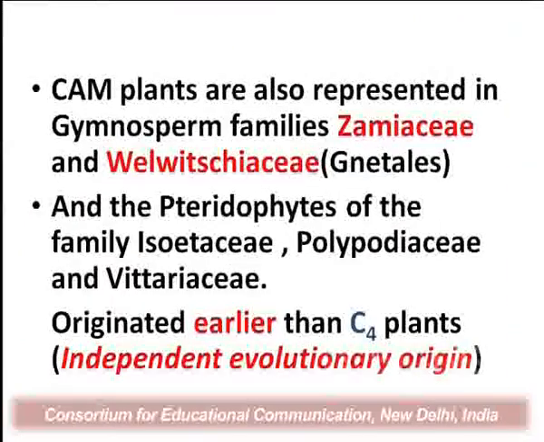CAM plants are represented, surprisingly, even by gymnosperm families, for example Zamiaceae and Welwitschiaceae, which is a member of Gnetales, and more so by the lower ones like the pteridophytes, for example families Isoetaceae, Polypodiaceae and Vittariaceae. Now, the occurrence of this type of cycle in angiosperms, in gymnosperms and in the vascular cryptogams tends one to